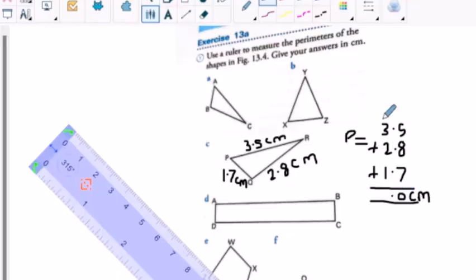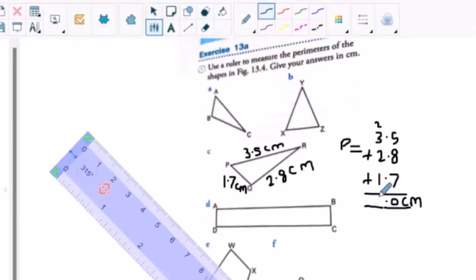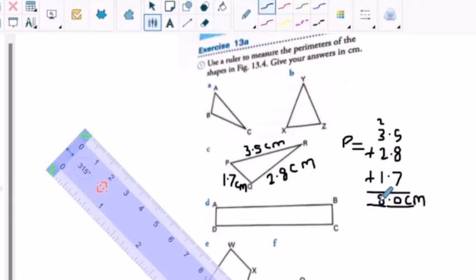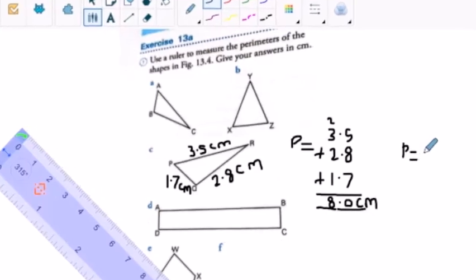You put your point, take your 2 to this side. 2 plus 3, 5 plus 2, 7. 7 plus 1, I'm having 8. So 8 is the answer. Just write your 8 here, and that is 8.0. So therefore, your perimeter will now give you